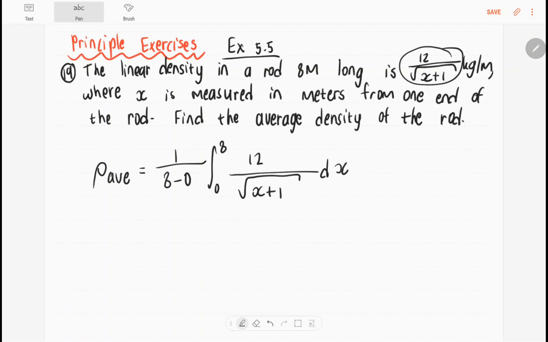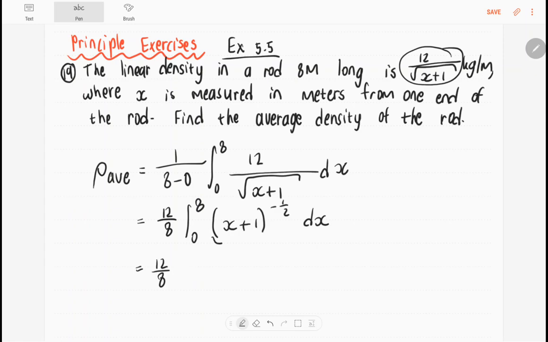So this we can integrate easily. It's 1 over 8, and I'm going to write my 12 in front as well. Then I have the integral from 0 to 8 of (x plus 1) to the minus a half dx. And that is simply going to be, so we have our 12 over 8, then multiplied